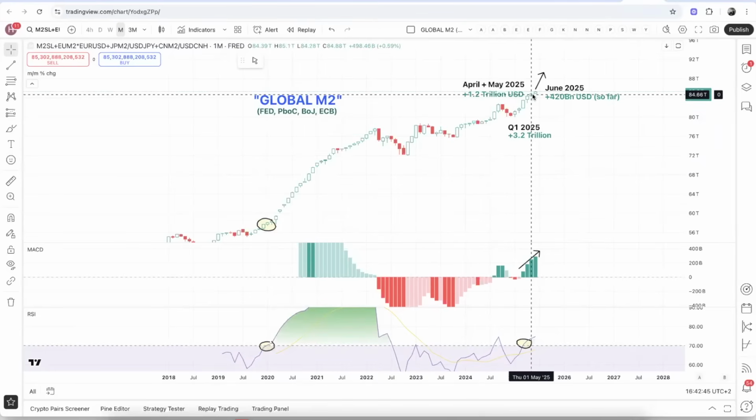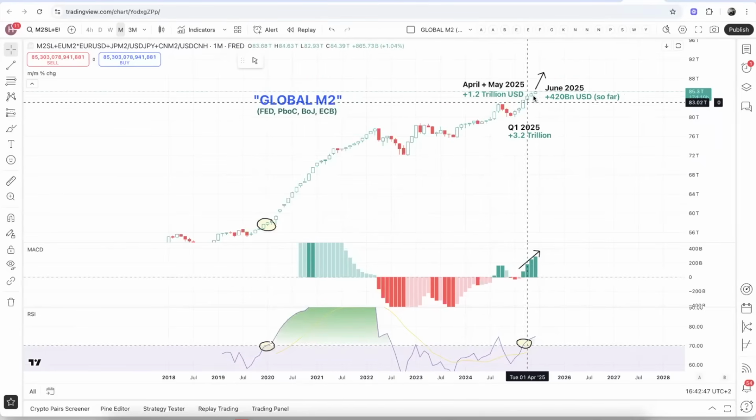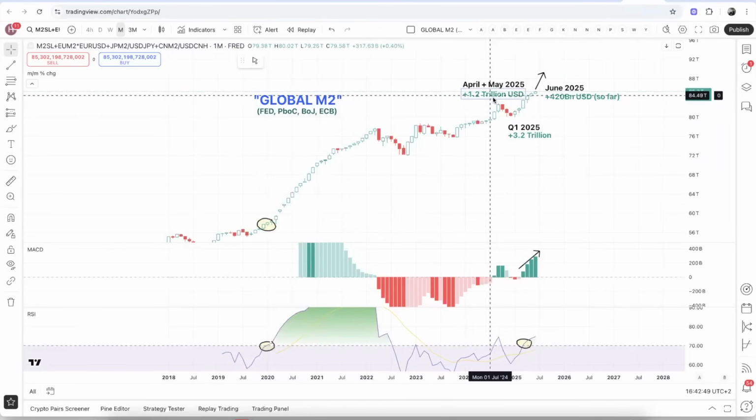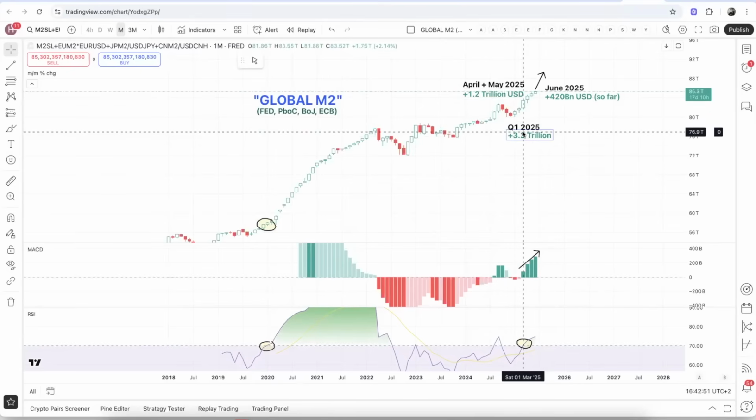Now see, at this point here, late in the phase, is where the liquidity starts to come in. And we have already seen about 4.4 trillion in the first 5 months of this year of M2 liquidity coming in from these four central banks alone. So things are starting to happen because they know that they have to start to stimulate the economy, trying to avoid what I think is an unavoidable recession, a slowdown of the economy.